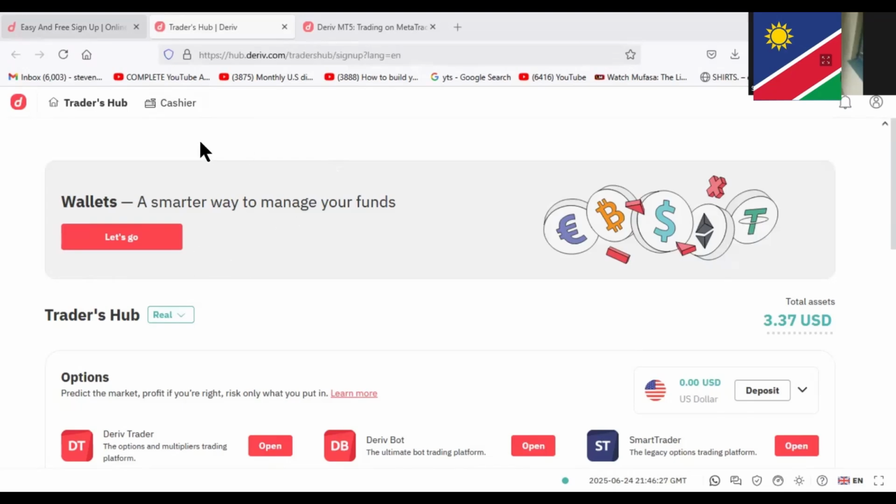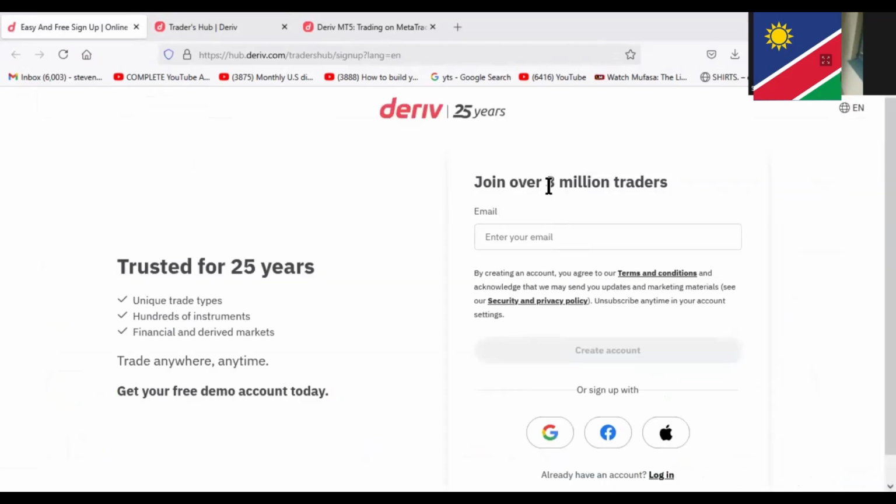Once you click on my link, it will take you directly to this page, and then you need to create an account by entering your email address. Or you can sign up with Facebook, or for those using Apple, you can sign up with Apple. Because I already have an account, once you create an account, you'll be taken to